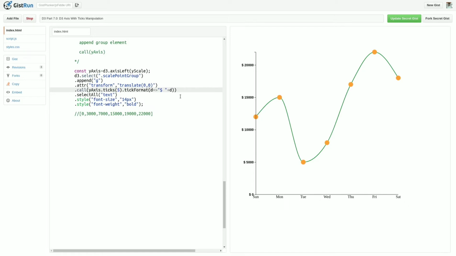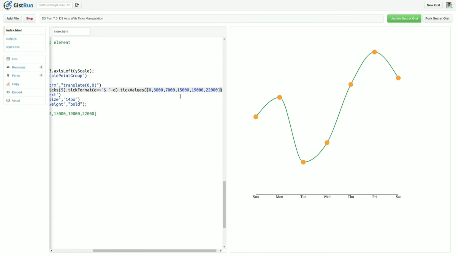So here you can pass dot tickValues, and here I will provide this one. You can see the output: whatever ticks I have provided are reflected here.